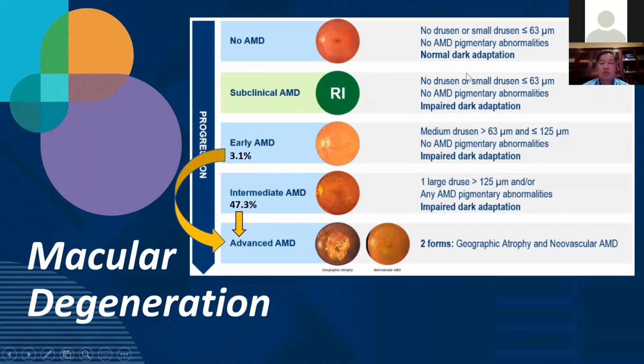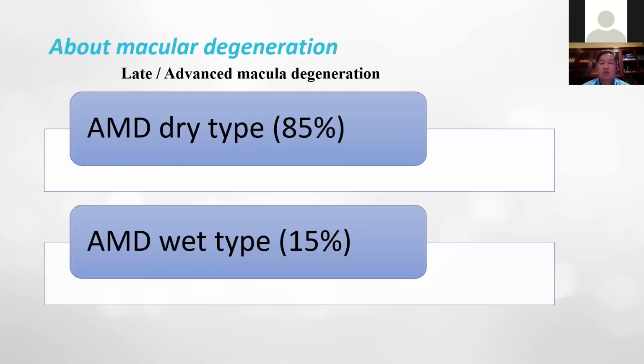Again, they may start off saying that, listen, I don't see so well at night time, but it's a very subtle sort of symptom. It's a very soft symptom because usually these patients have a bit of cataract as well. So is the dark adaptation because of the macula? Is it because of the cataract? Or sometimes it's both. As such, most patients present at this level of advanced AMD when they notice a change in the vision, and that can be a gradual or sudden onset.